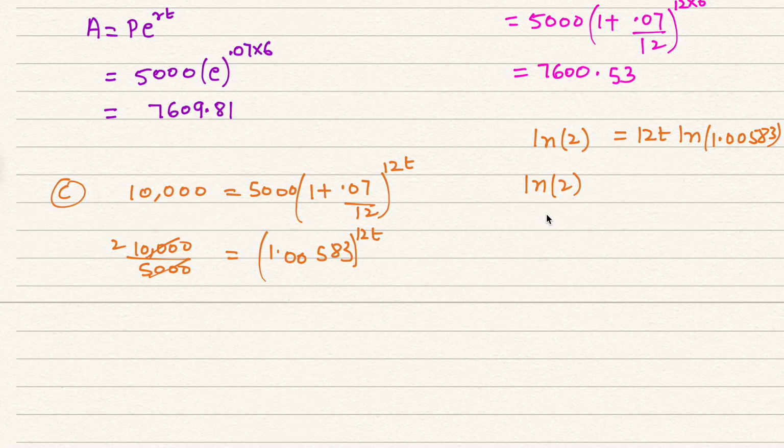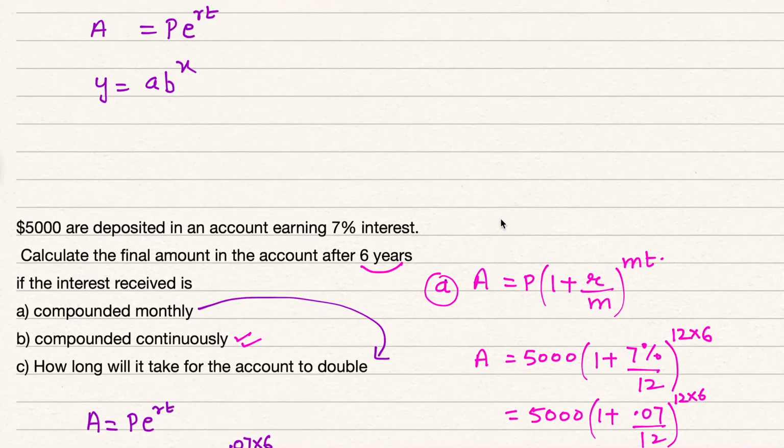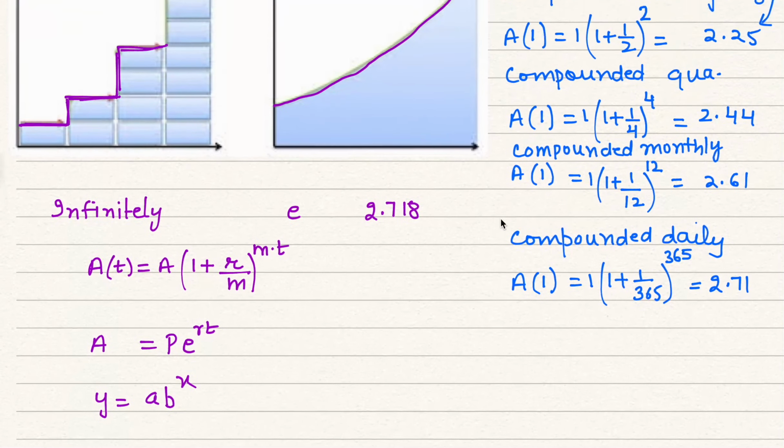Dividing by 12 natural log of 1.00583 on both sides, we get time. So time is equal to 9.94 years. Right? I hope the difference is clear, because when we will be doing the intermediate level of questions,